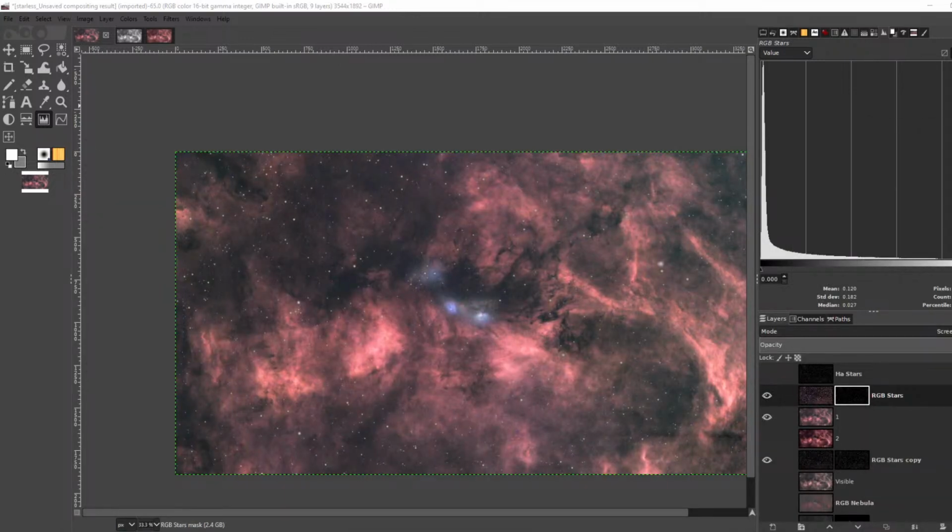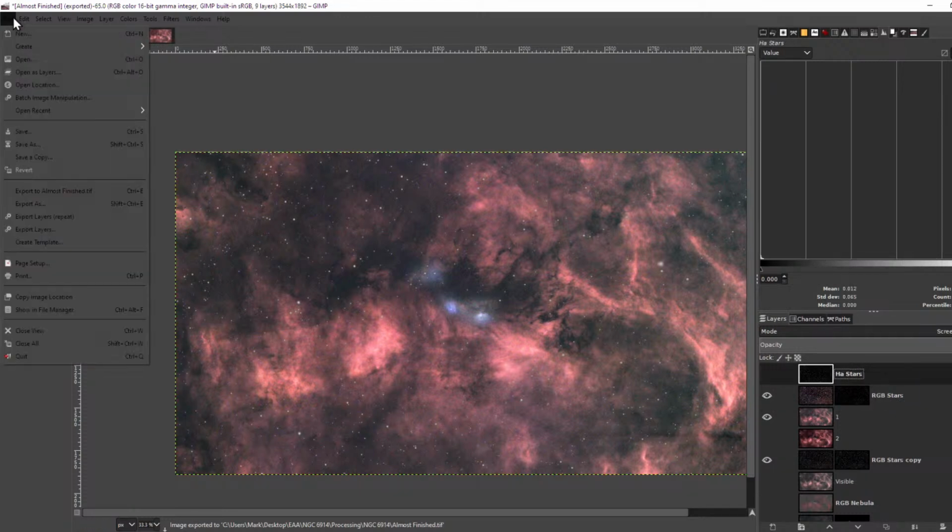Let's see here. So what should I call this? Like almost finished? And then I'm going to have no compression. I don't think we need to save layers. Should probably flatten it first too, because if it's not flattened, so let me go ahead and save this sort of as